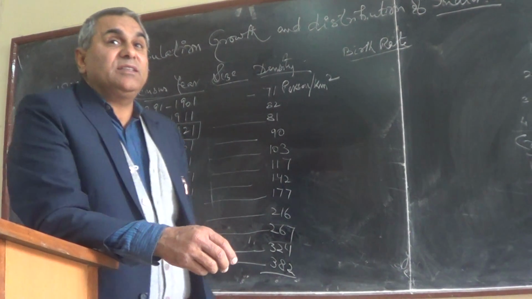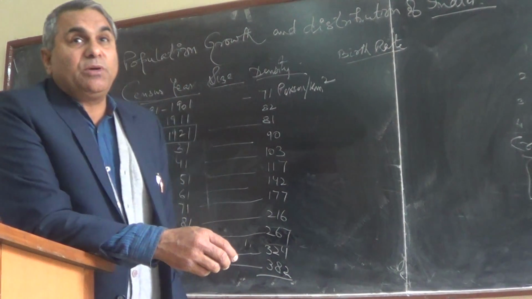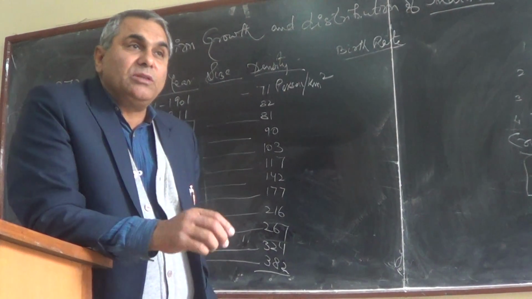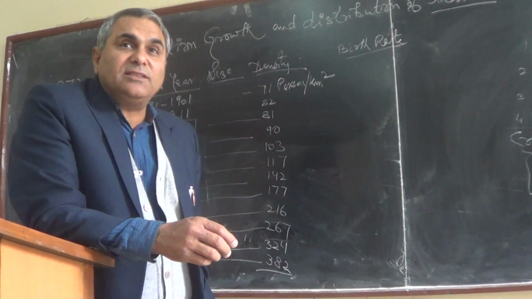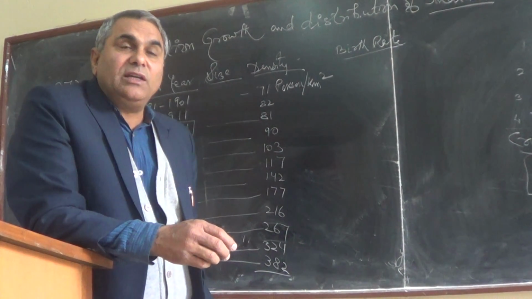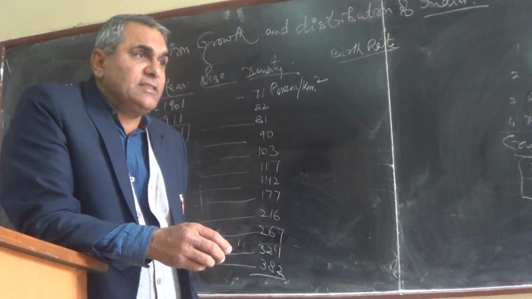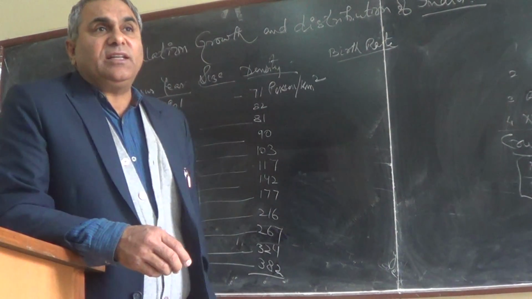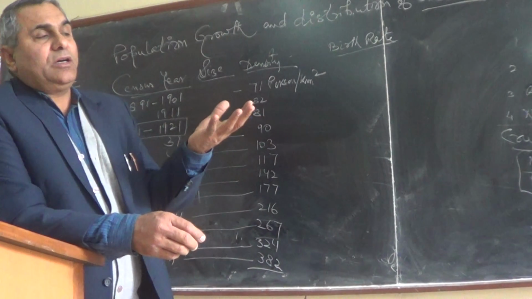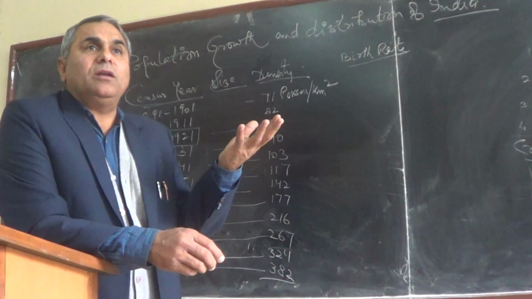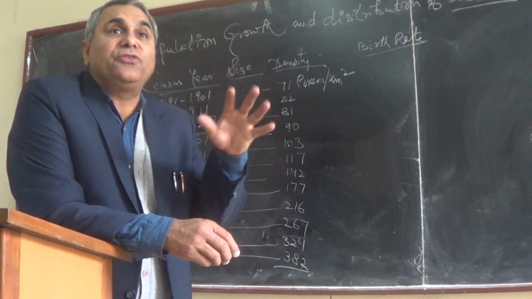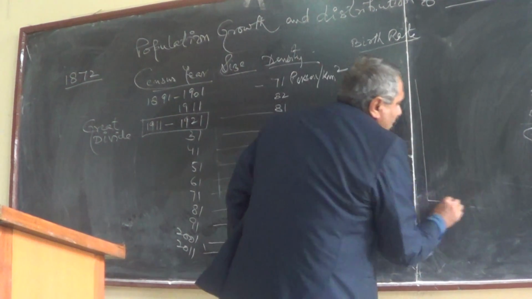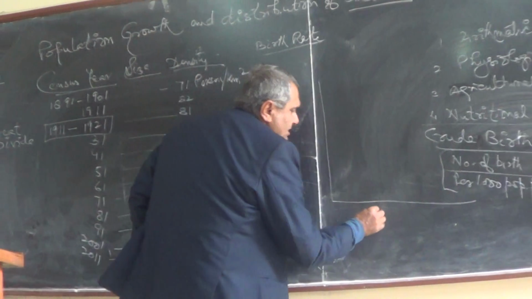Simultaneously we have the death rates, the number of deaths per 1000 population. That is also calculated on the basis of different age groups, and we calculate the average life expectancy. How many people die in different age groups? We construct a table. Suppose I construct one. Suppose this is the age.